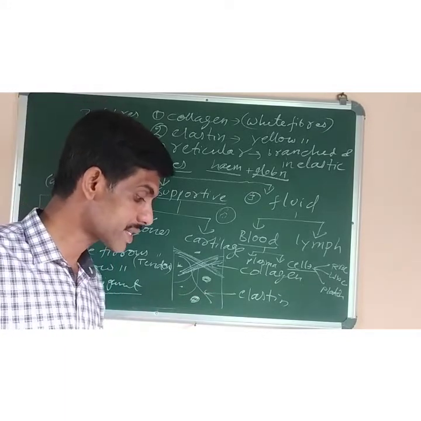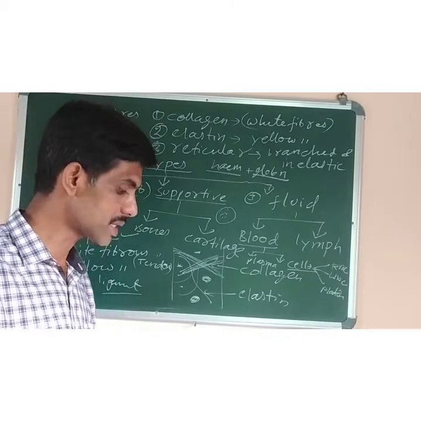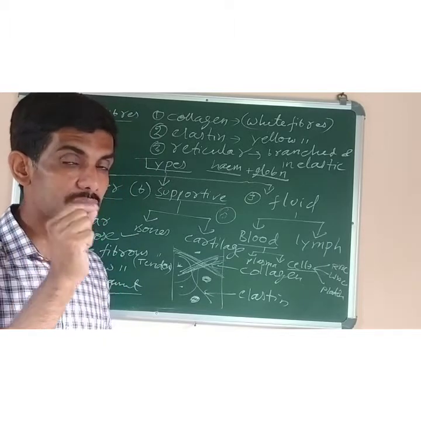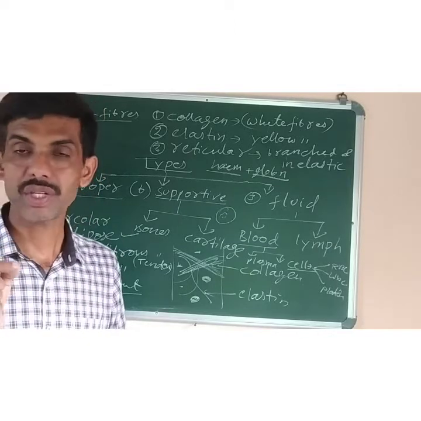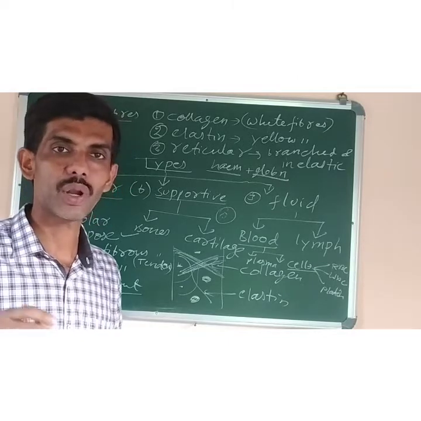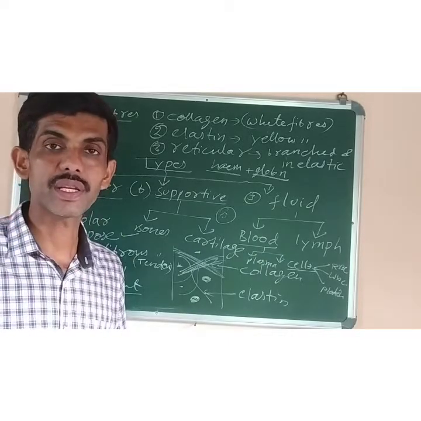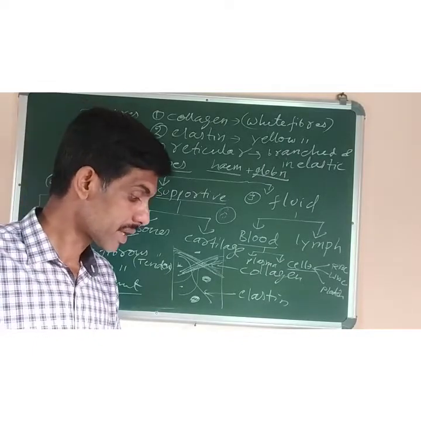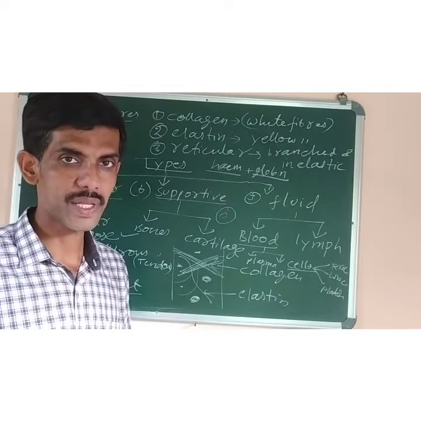Now what is granulocytes? Granulocytes means those WBC in which the cytoplasm contains granules. They are of different types, three different types, depending on the stain. Stain means color by which they can be stained. Like if they stain with acidic dyes, they are called eosinophils. If they stain with basic dyes, they are called basophils. And if the granules stain neither with acidic or basic dyes, they are called neutrophils. So three different types of granulocytes, which is a type of WBC, are eosinophils, basophils, neutrophils.